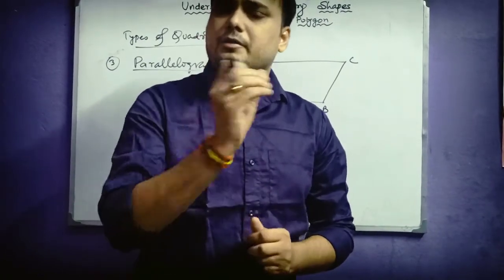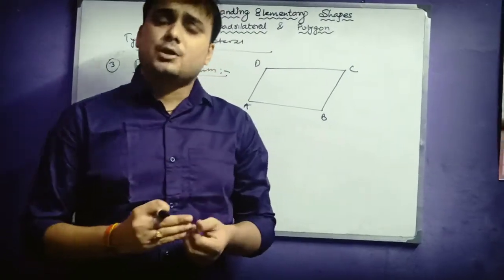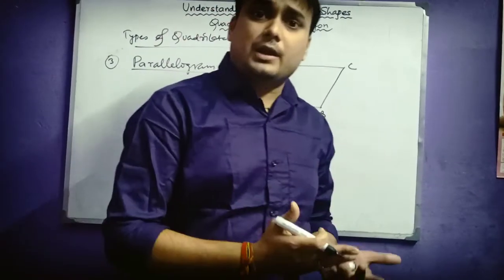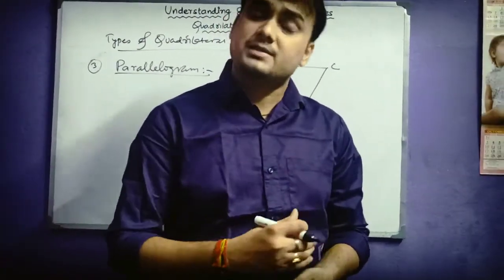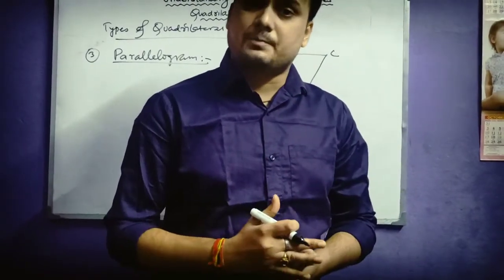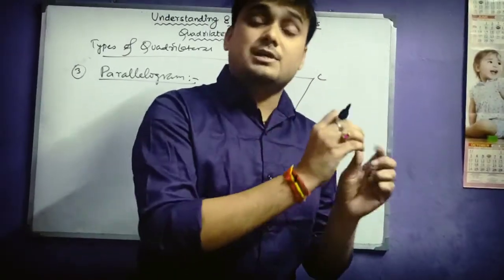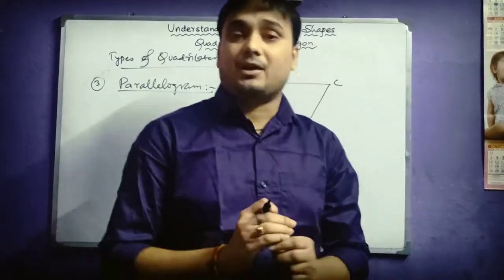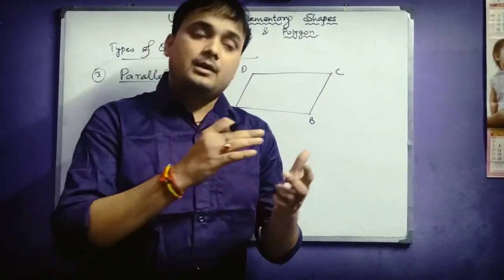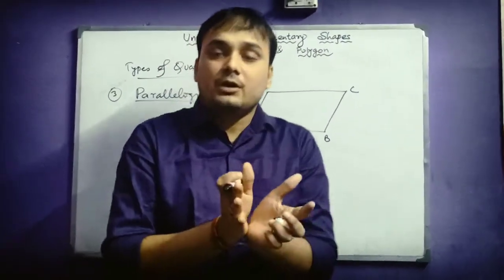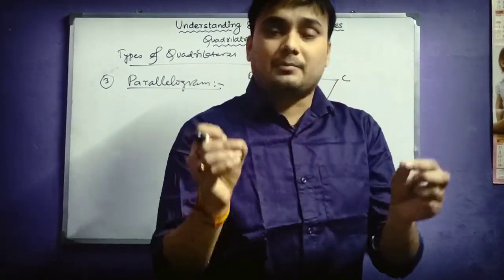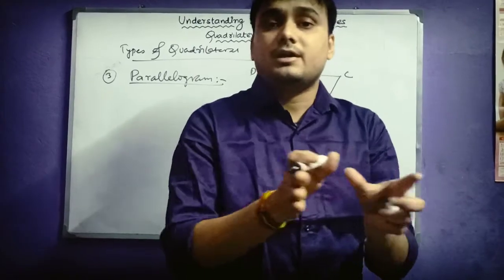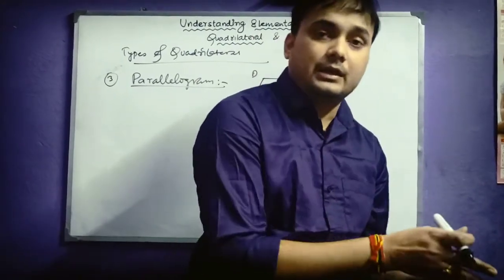Now you can think that a rectangle also has opposite sides equal and parallel. A square also has opposite sides equal and parallel. I will discuss rhombus after this. It also has opposite sides equal and parallel. So students, those are also one kind of parallelogram only. We can classify parallelogram into three more classifications. It means a parallelogram can be subdivided into three more special types. That can be rectangle, square and rhombus.